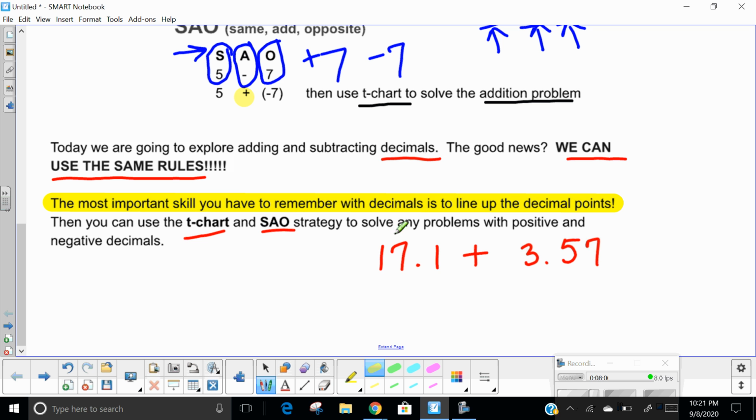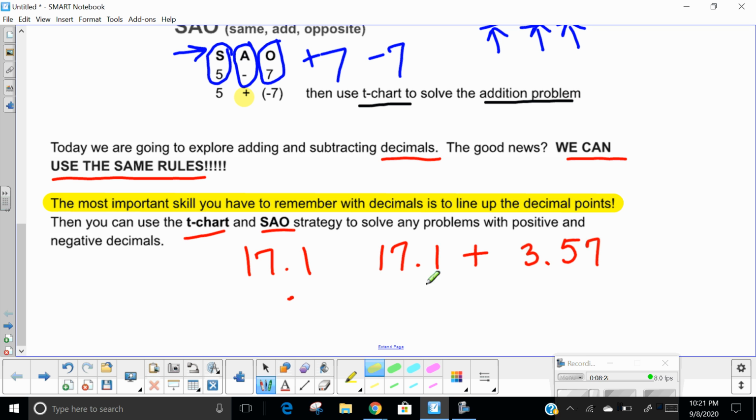So I'm going to look for the larger number here, and that's where I'm going to start. This is the larger number. So I'm going to take 17.1, and then I'm going to take 3.57, and I'm going to put my decimal point here, and now I'm going to build this number around that